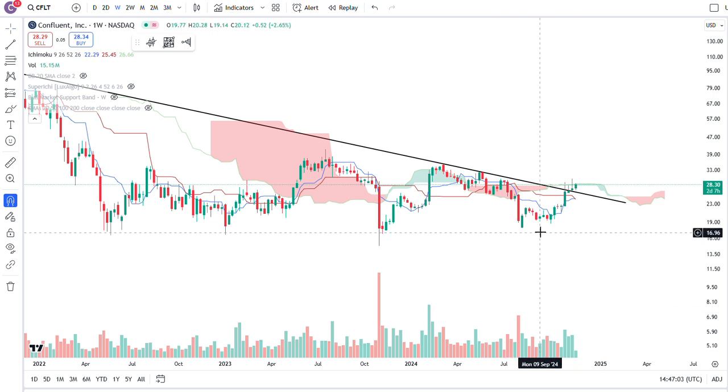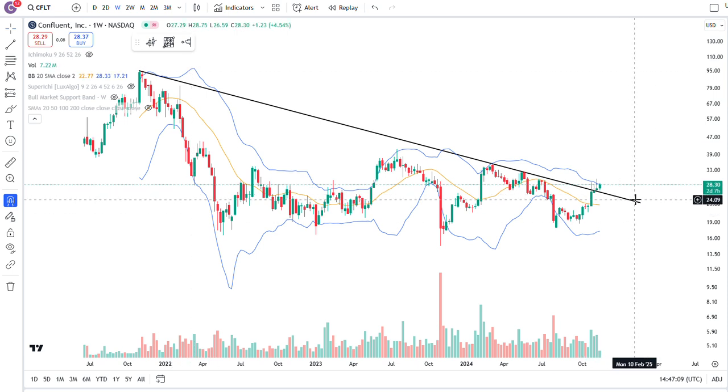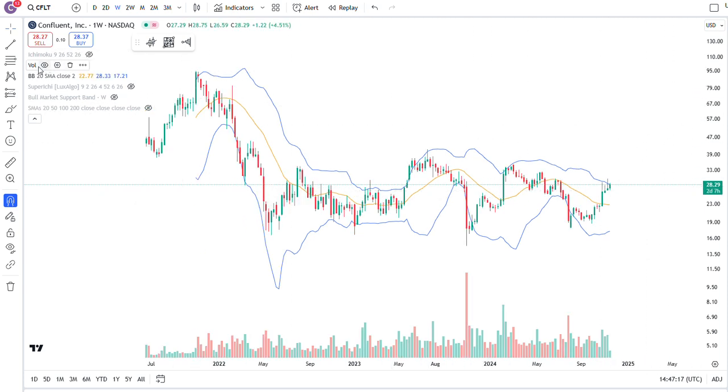The volume is also declining here a little bit. And also the Bollinger Band. Let me turn off some of the other crap so you can see better. Also the Bollinger Band is serving as resistance, right? A lot of resistance here. Probably need some time to come back down, build up more energy before pushing through. That's kind of what I'm seeing in terms of what this stock is doing.